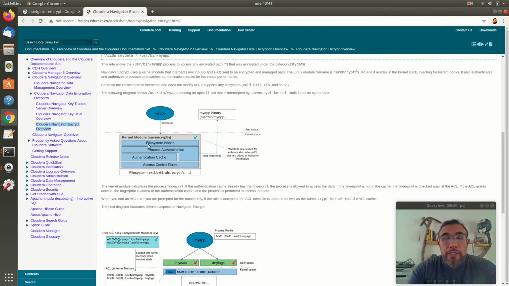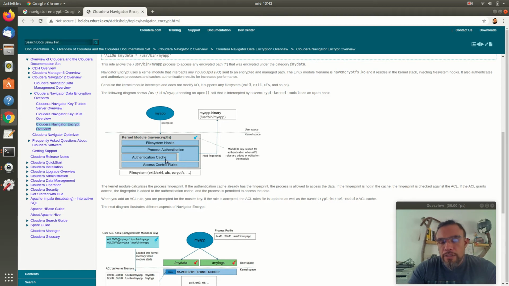So it sits on top of eCryptFS or DMCrypt to perform the encryption, and the Navencrypt kernel module as well does a process authentication and has